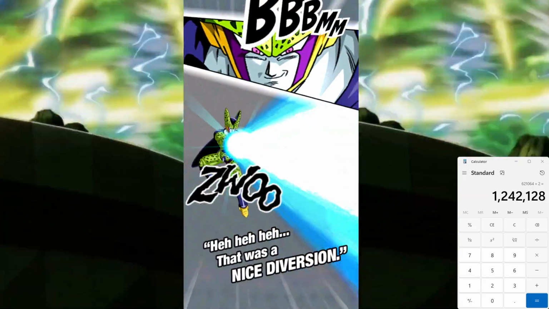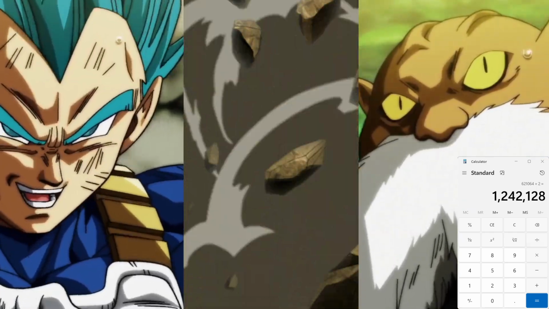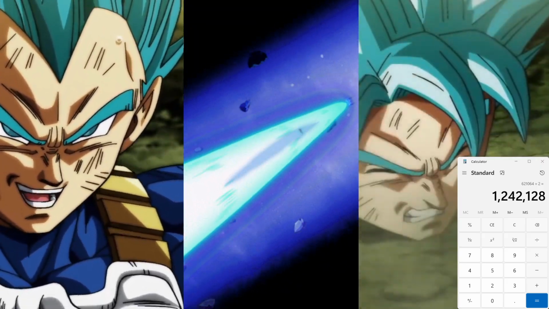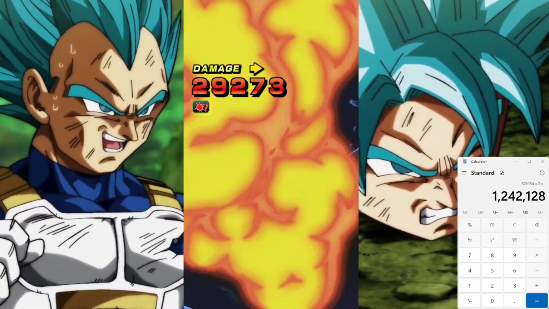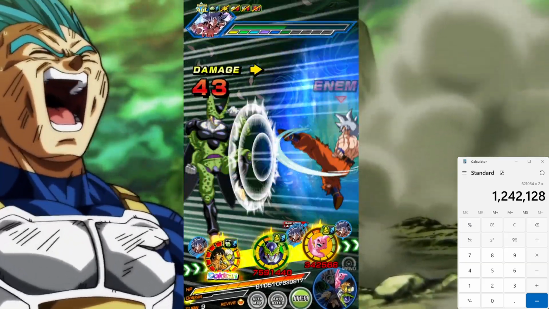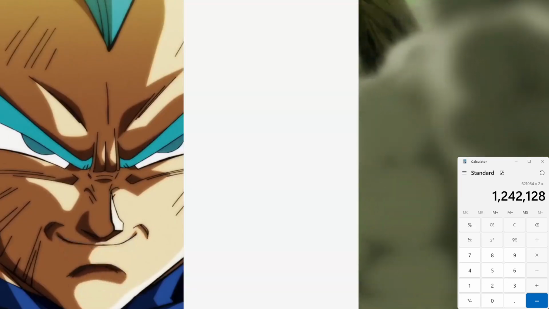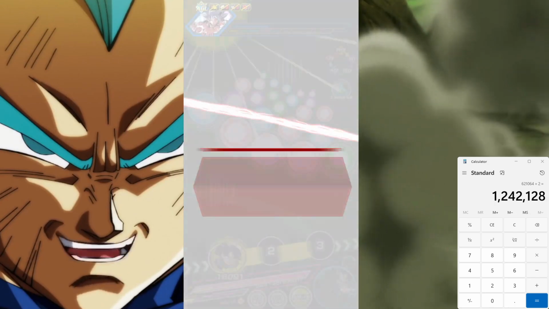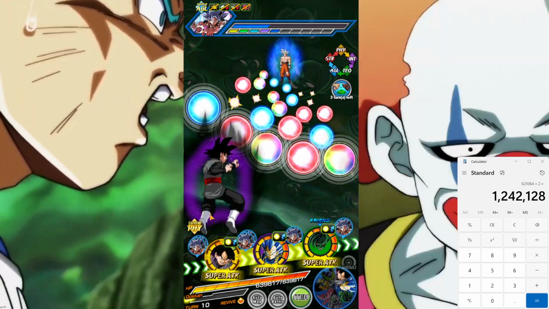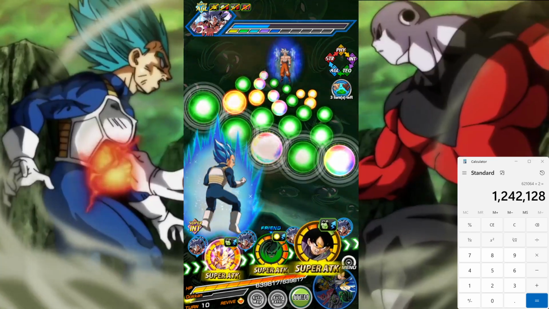He has type advantage, 30% damage reduction, 1 super. All right, let's see. Is it double digits? Is it 100k? 200k? 29,000? And then he dodges. That's pretty good. Even on average, I would say that's a really good defensive stat. Man, I would almost say you could run him either way. You could run him...